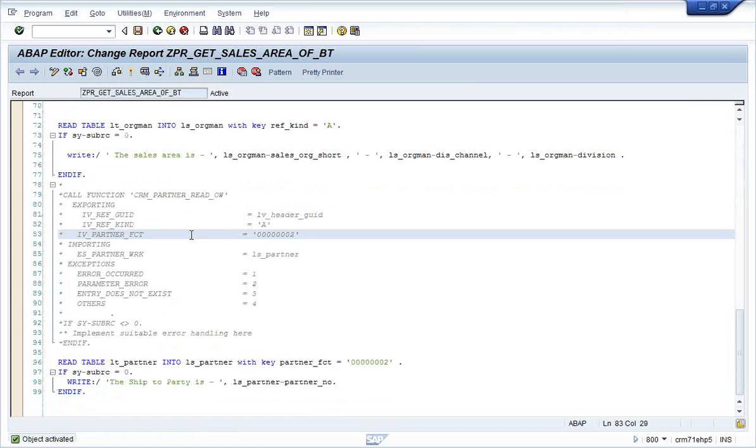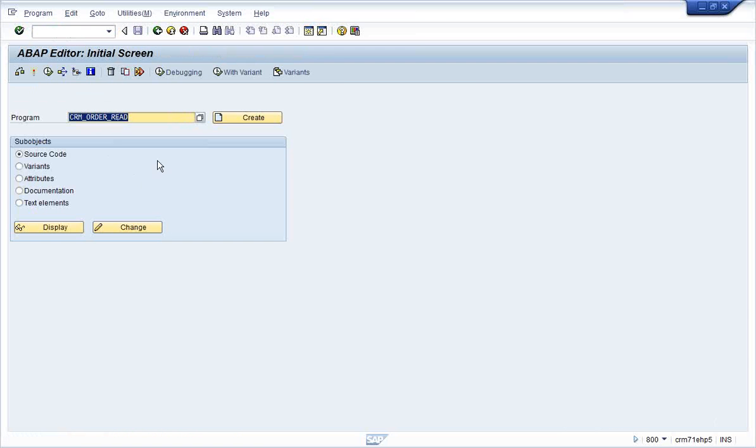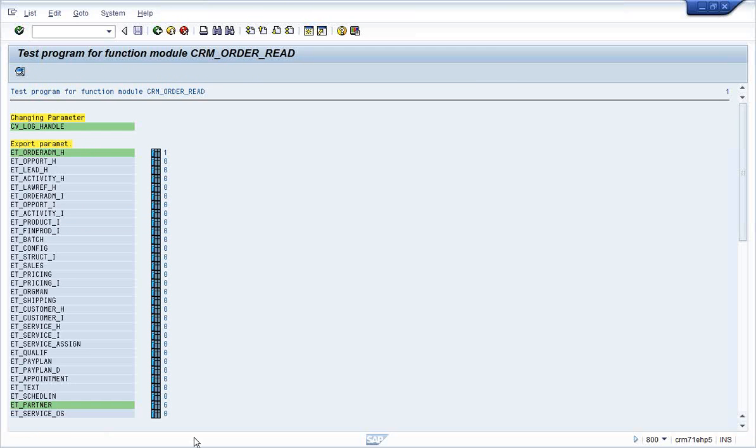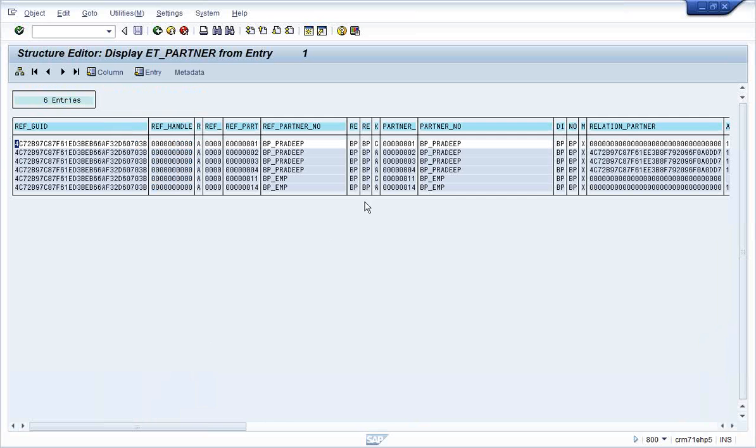For writing this program, we'll take the help of this report, CRM model report. It is not just a tool to see the data graphically. It is also helpful in order to write conditions. For example, I want to write a condition that I want only the certain ship-to party. There are 6 partners coming up. From these, what is the ship-to party? How do you extract only one record?